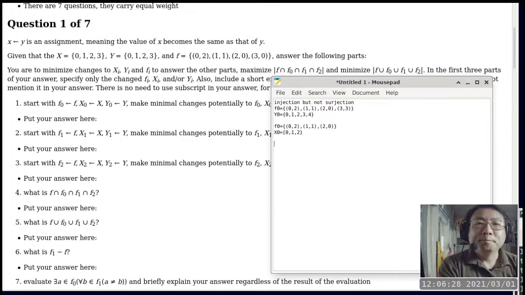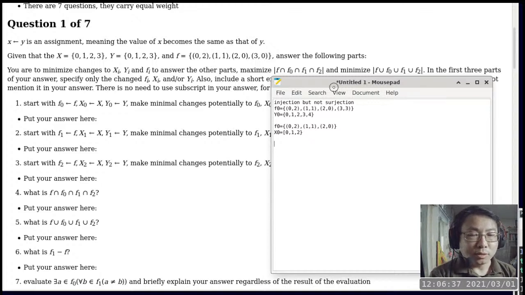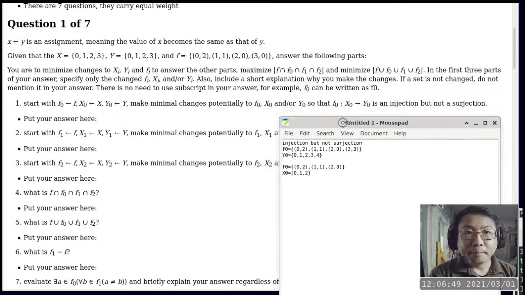Very good. So now we move on to part 2. Part 2 wants about the same thing, except this time we want it to be not an injection but a surjection. So that means, let me see which would. There are many ways to do it. The question is, what is the best way of doing it? The original set is already... Oh, this would be easy, right? Because we can keep f, and then all we have to do is to remove 3 as an element from y, and we're done. Alright, so in this case, f1 is going to be the same as f,